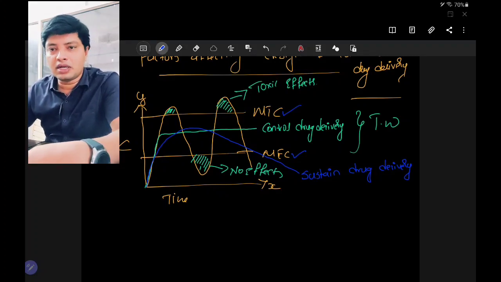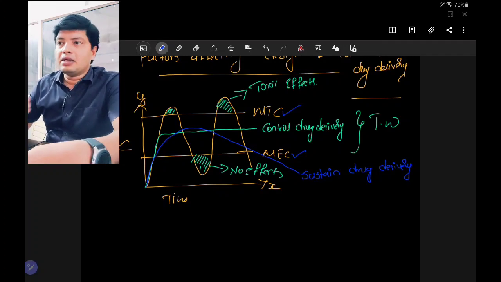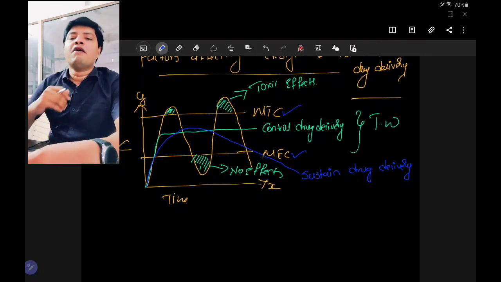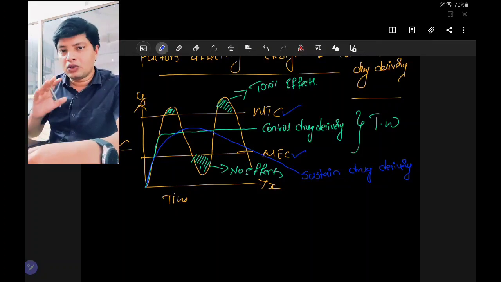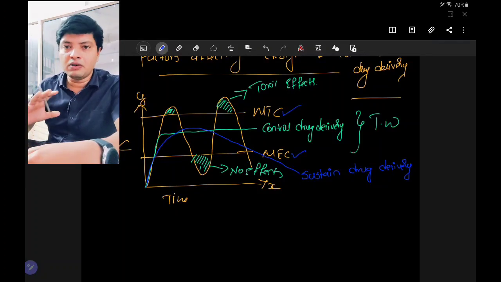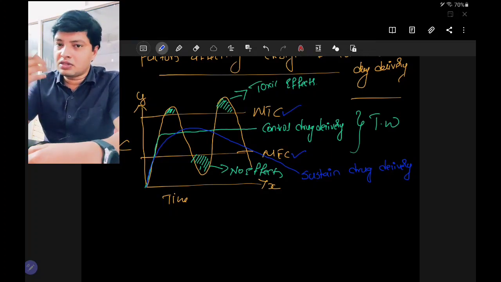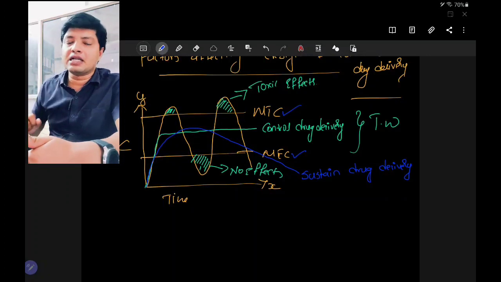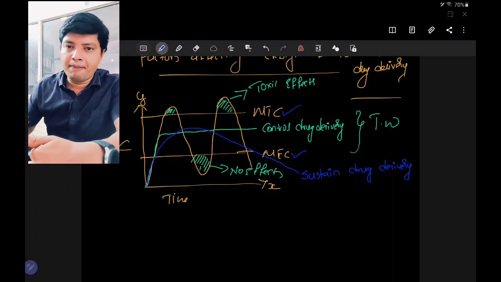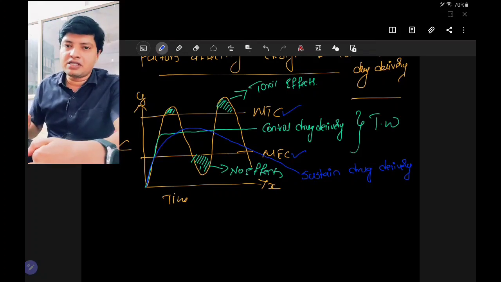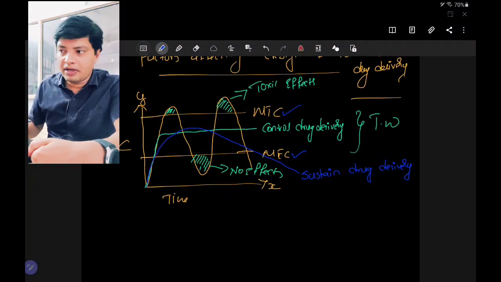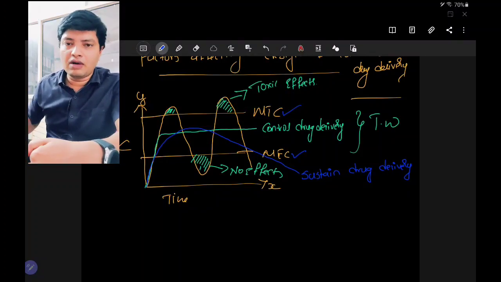What I mean to say is, if the drug is in conventional dosage form and you want to reduce the side effects of the drug, improve its efficacy and improve patient compliance, you need to convert that conventional dosage form into sustained and controlled release. By converting this into sustained and controlled release, the product life cycle of the particular drug will be increased because you are giving it in a new form. Previously it was available in conventional form, now you have converted it into sustained drug delivery or controlled drug delivery, which in turn has its own advantages.